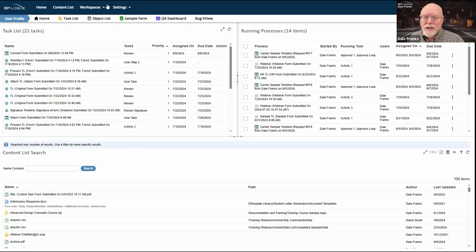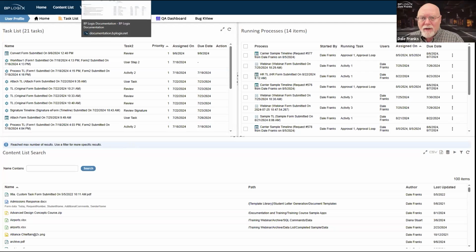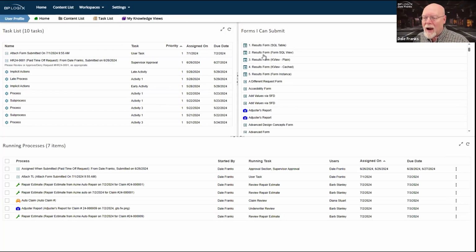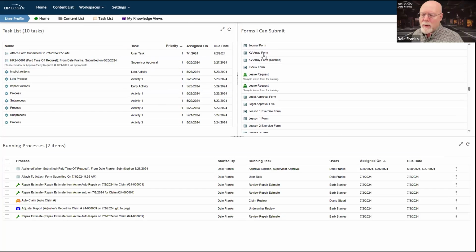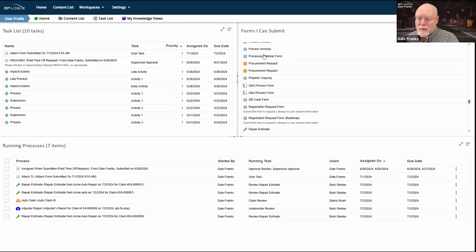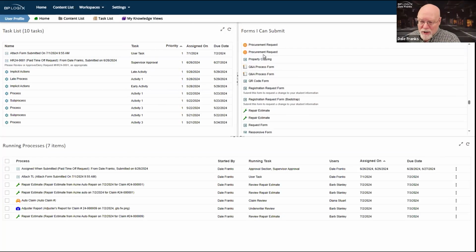I will say that in the context of having a generic workspace, and it might be best to have a generic workspace, which again, we'll talk about in a second, I can drop in forms I can submit into that workspace just to give them access to all of the forms to which they have the permissions to submit.